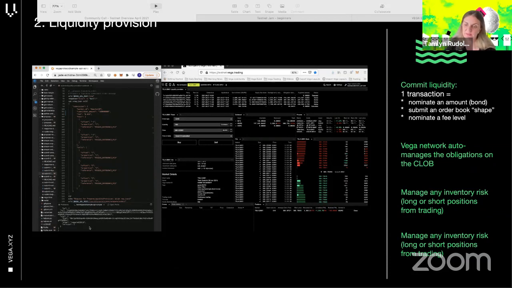The other thing that you'll be doing, the last stop point, and I'll edit this before I post the presentation, is around the good side, which is that you then collect fees, and you collect a portion of the price taker fees of the market as a reward for the liquidity provision that you're creating. And even as a liquidity provider, you get to have a say in the size of that reward, or at least you nominate a fee level when you place your liquidity provision transaction on the network, and